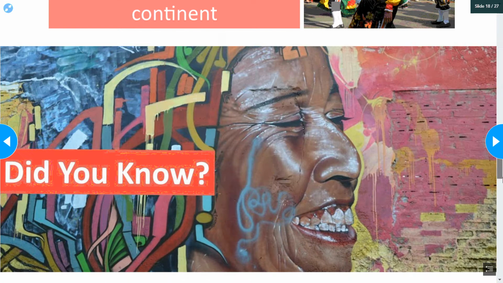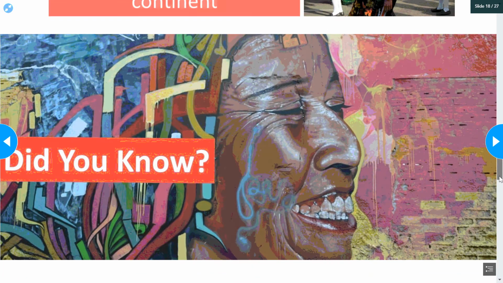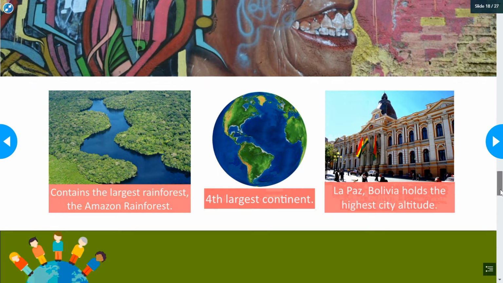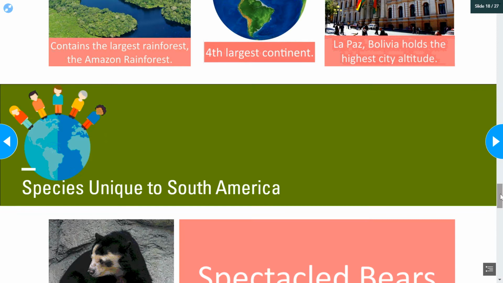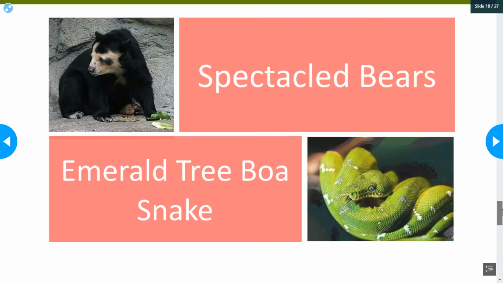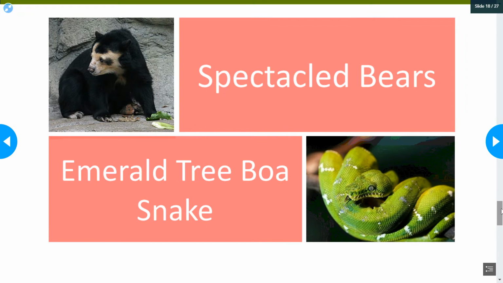Here is another picture of someone on a wall. I do not know why there's graffiti over her face. Did you know? Okay, so South America contains the largest rainforest, the Amazon rainforest. It is the 4th largest continent, and La Paz, Bolivia holds the highest city altitude. Species unique to South America. Spectacled bears, emerald tree boa snake,